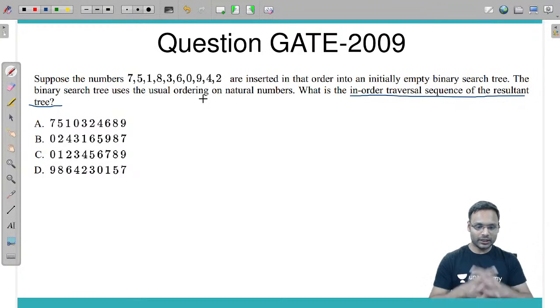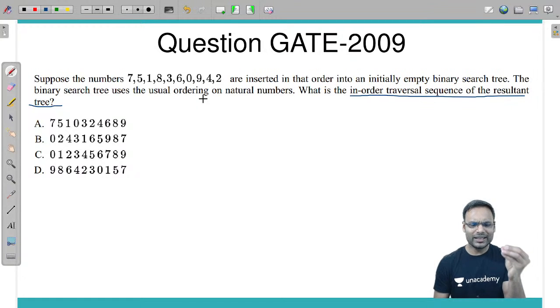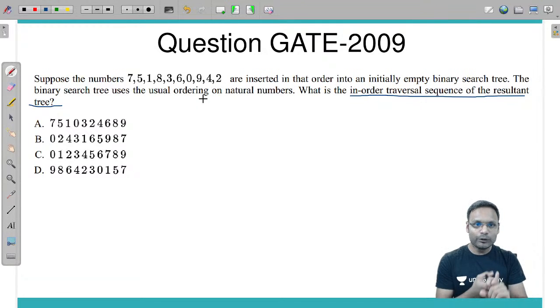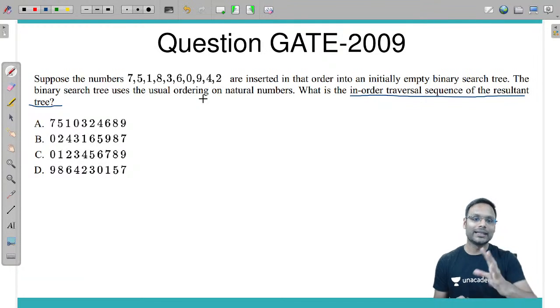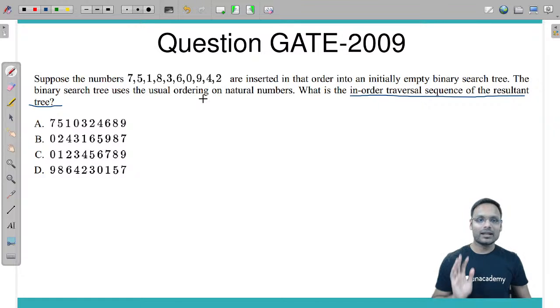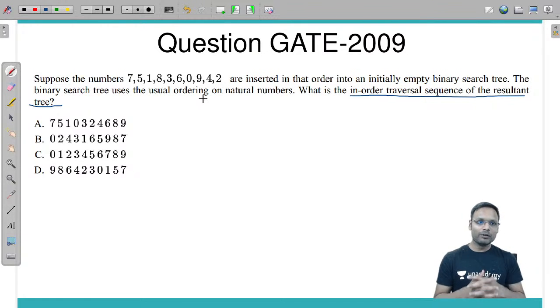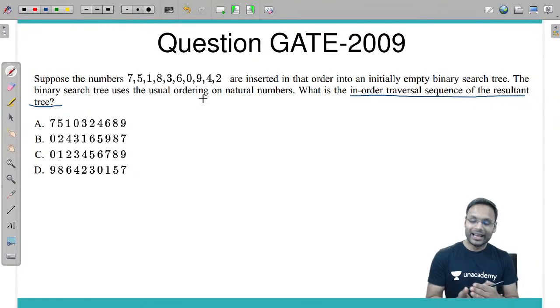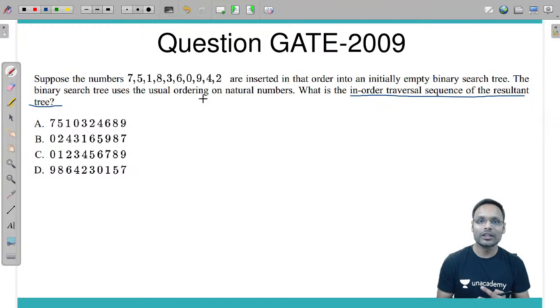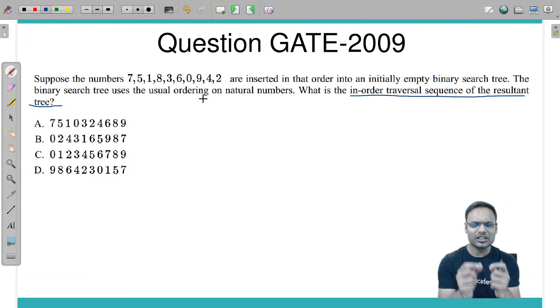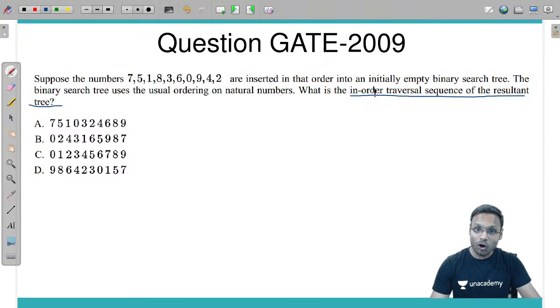Now the question is very simple. What is the in-order traversal of a BST? Regular people will draw the tree, and based on that they will give the answer. You are not regular people. You are intelligent and smart enough to remember such small concepts. The in-order traversal of a binary search tree is always a